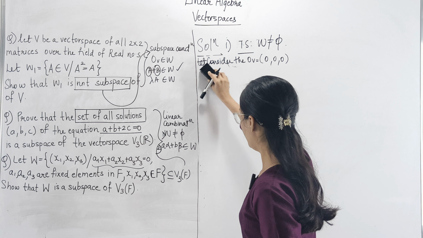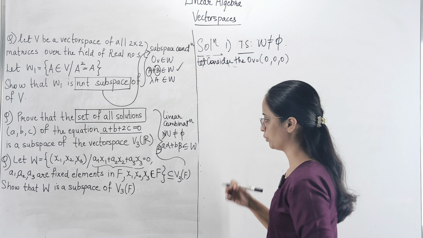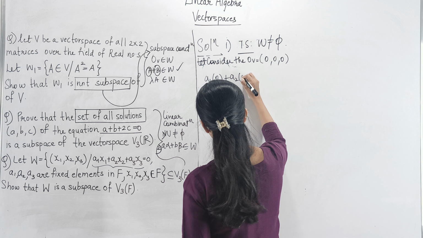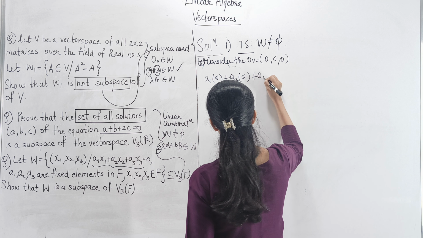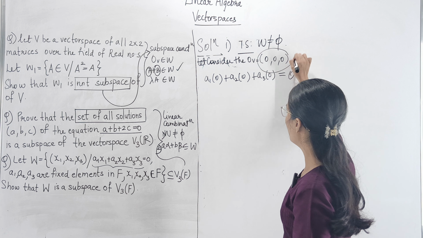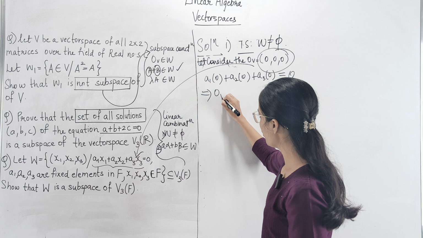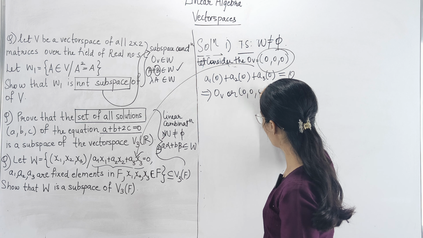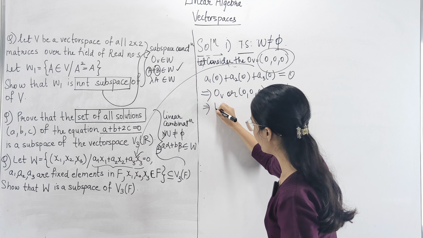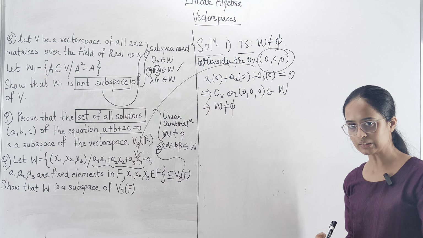Okay, now let us try to write this in the form of this particular linear equation that is given to us. So if I say that a1 into 0 plus a2 into 0 plus a3 into 0, what would be the answer of this? It would be of course equal to 0. तो of course ये जो zero vector है वो ये condition satisfy कर रहा है. This implies that your zero vector or the tuple 0, 0, 0 belongs to the given set W, which implies that your W is a non-empty set. So the first condition for the subspace is satisfied.